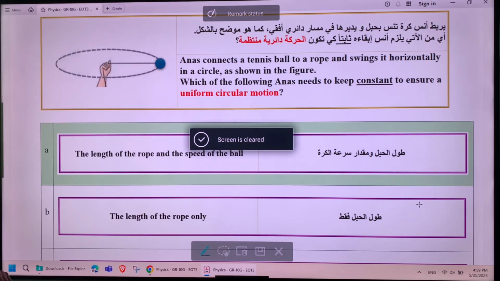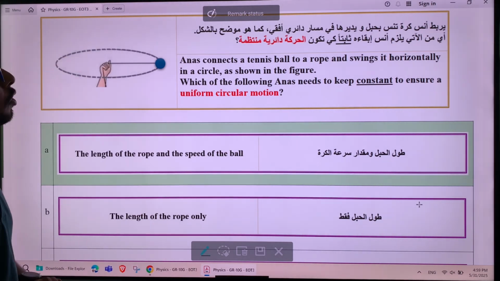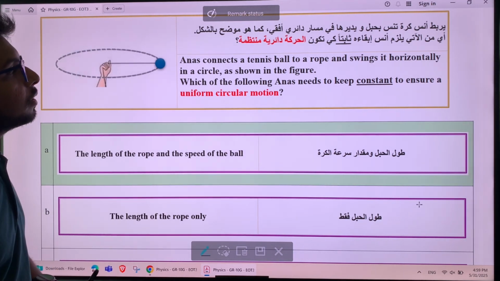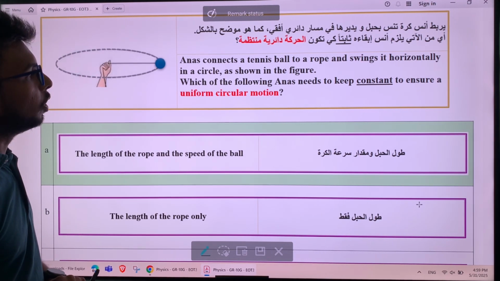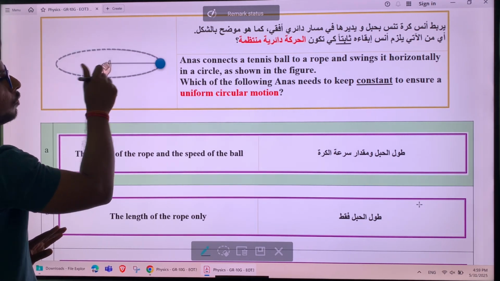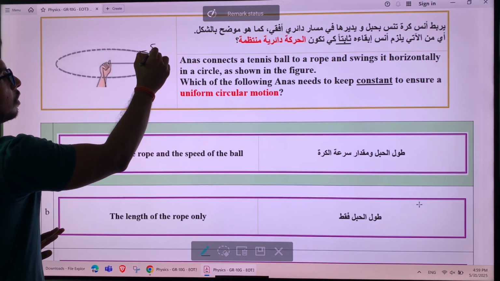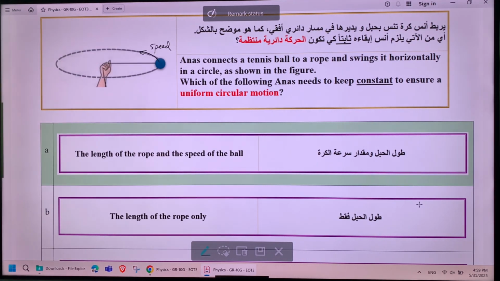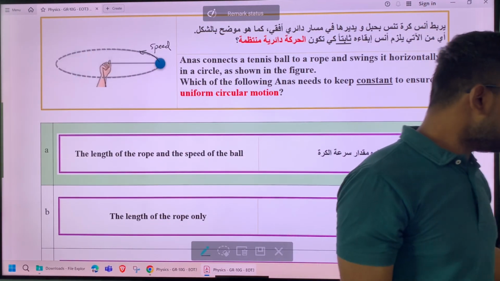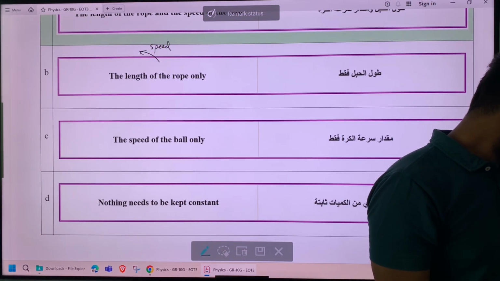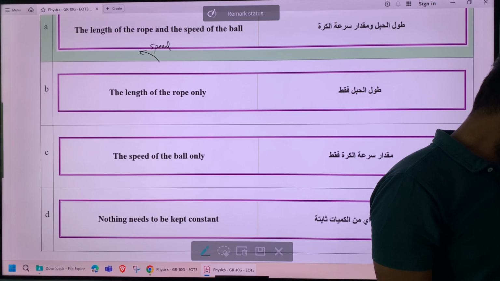Anas connects a tennis ball to a rope and swings it horizontally in a circle, as shown in the figure. Which of the following does Anas need to keep constant to ensure uniform circular motion? If circular motion needs to be uniform, that means the speed of this must be constant. It cannot change. Okay. But do we have the option as speed? The length of the rope and the speed of the ball. The length of the rope only, the speed of the ball only. Nothing needs to be kept constant. Okay. Now,